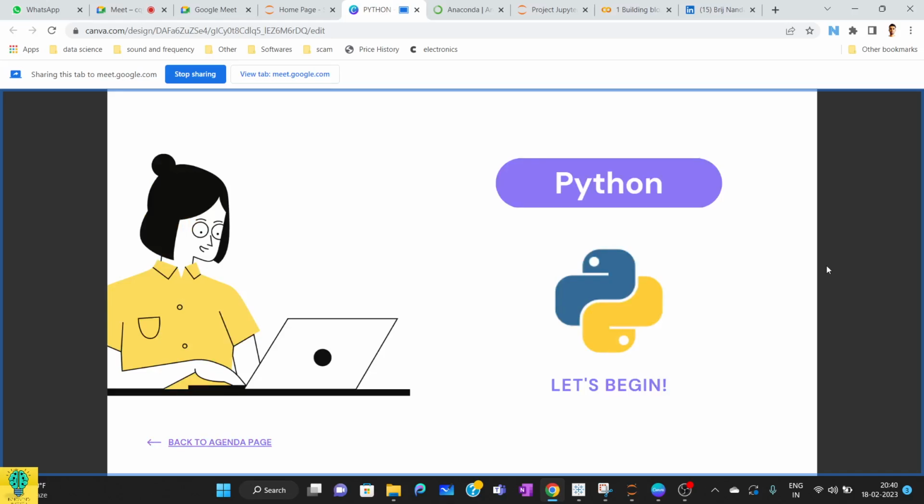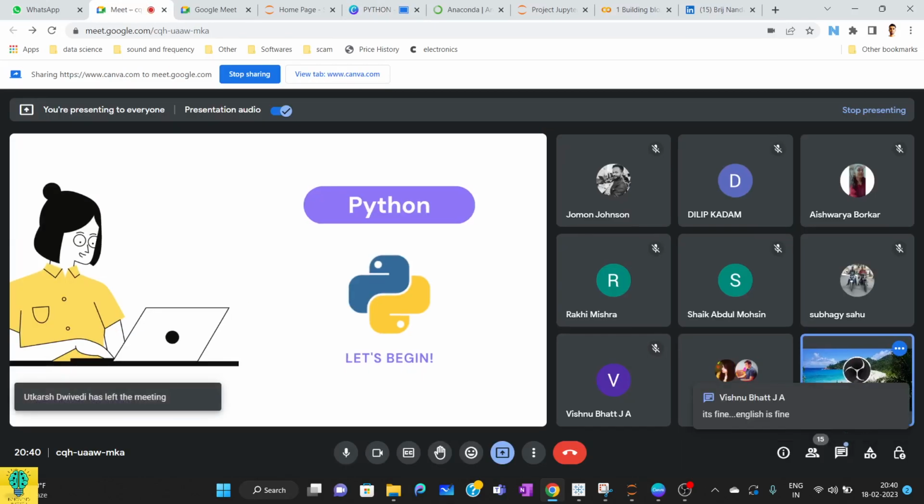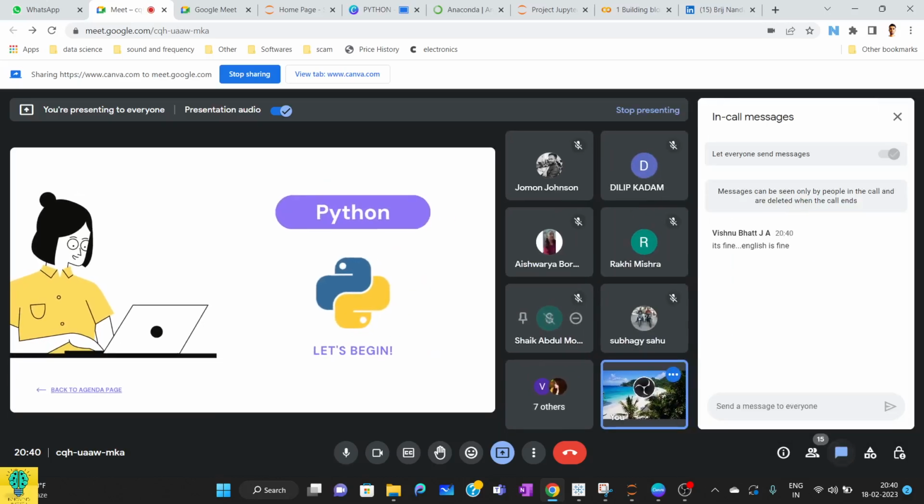One last question. Is it good enough to continue in English, or do you want me to mix Hindi and English? I'm comfortable with either. Whichever you choose, even if you want me to go completely into Hindi, the end result should be that you are able to understand the concept, and that is why you are investing your time here. So if you want, just let me know. You can type your answers, it's okay. It's fine in English. Okay, sure, we'll go with English then.